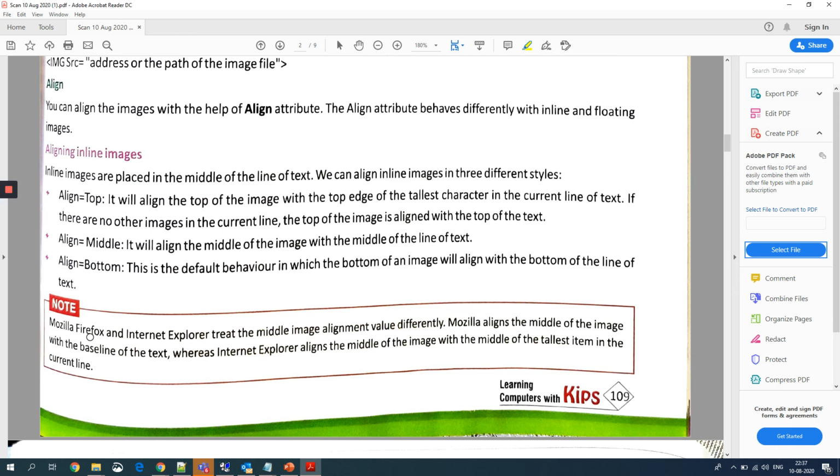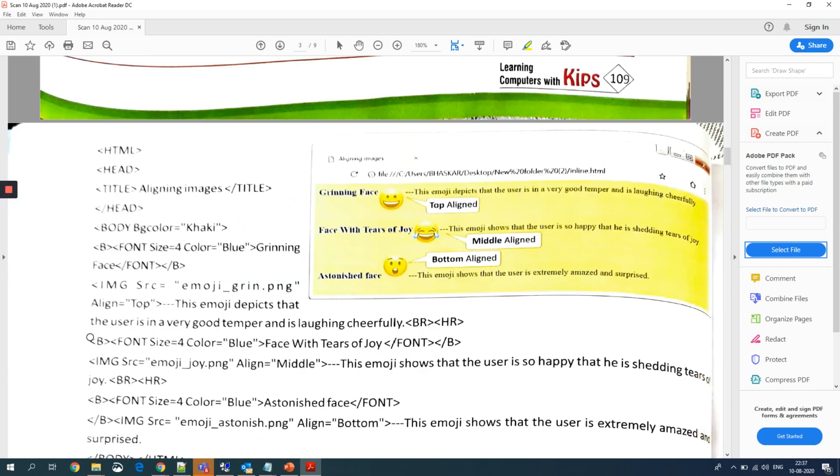So they are just giving you a note that Mozilla Firefox displays this kind and Internet Explorer displays the image in this format. So it is not in your hands. It is based on the settings of these web browsers that they display things in this way only. So don't get into much of it.